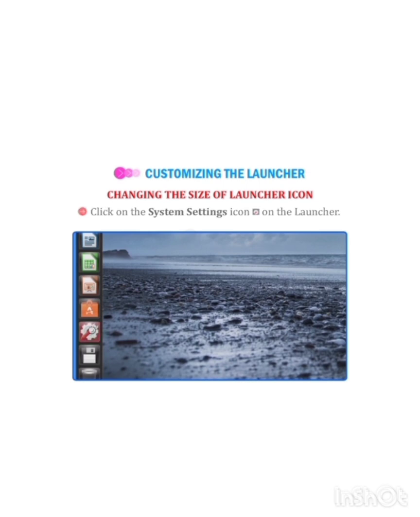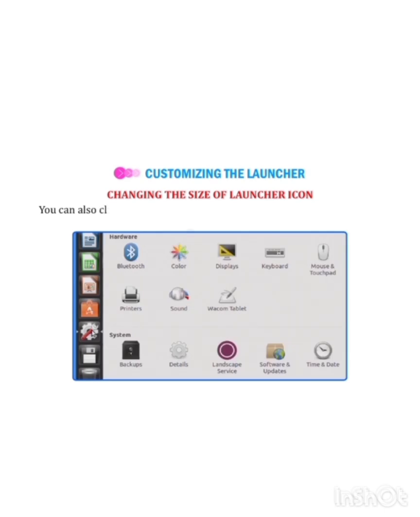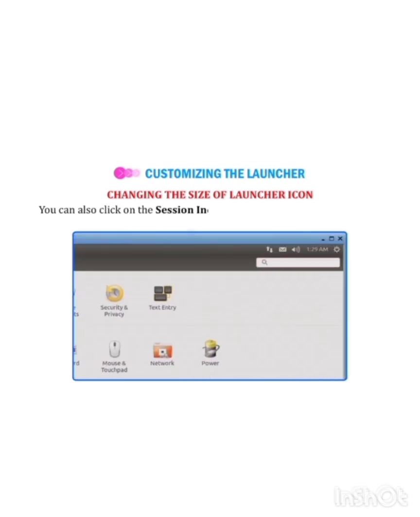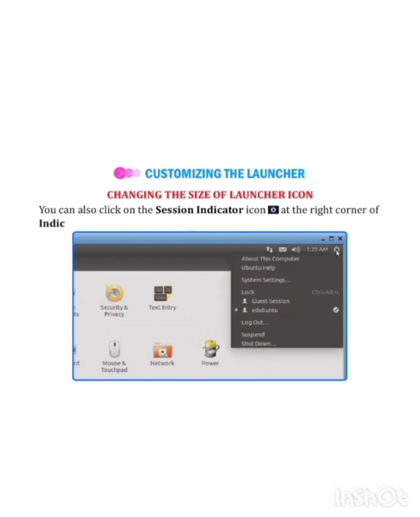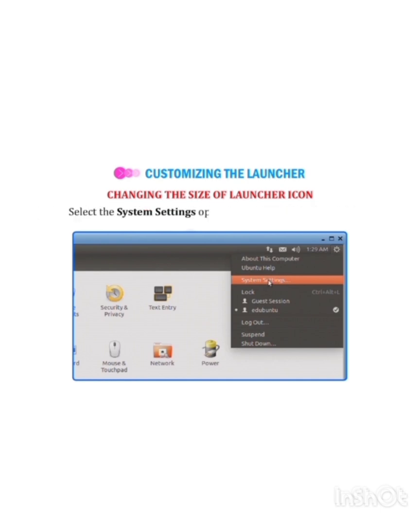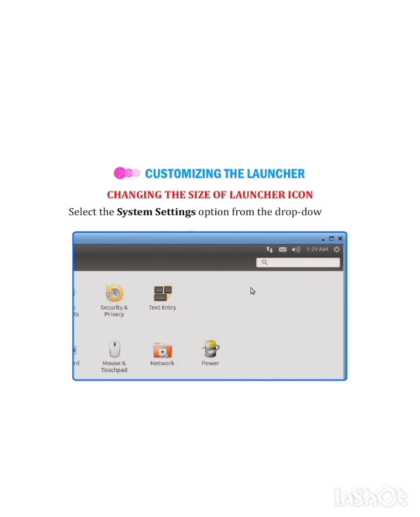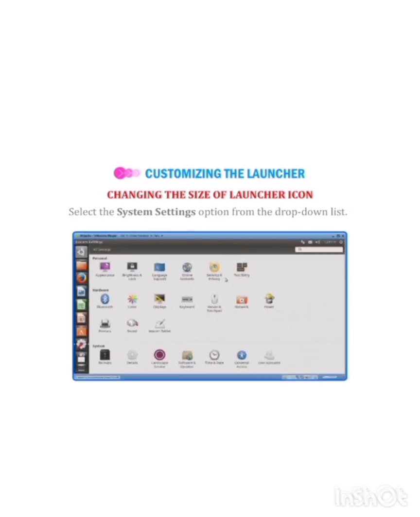Or you can also click on the session indicator icon at the right corner of the indicator area. Select the system settings option from the drop down list. The system setting dialog box appears.